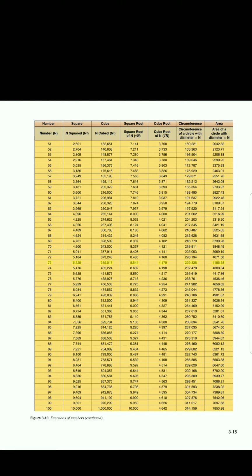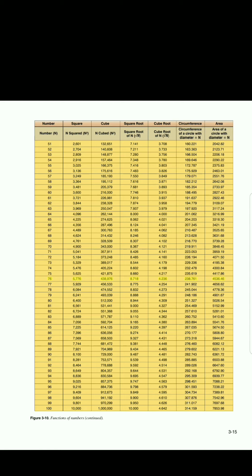74, 5,476, 405,224, 8.602, 4.198, 232,478, 4300.84. 75, 5625, 421,875, 8.660, 4.217, 235,619, 4417.86. 76, 5776,